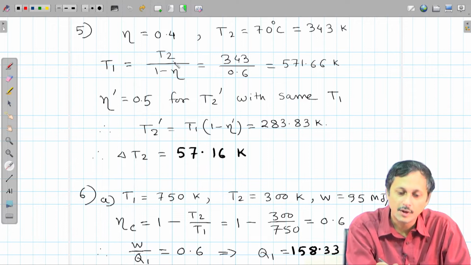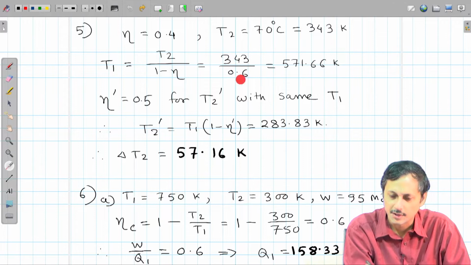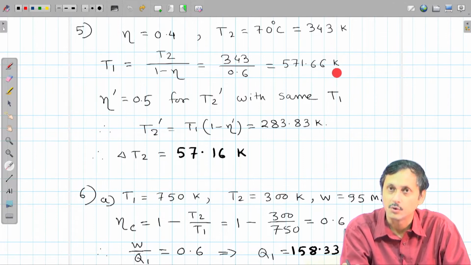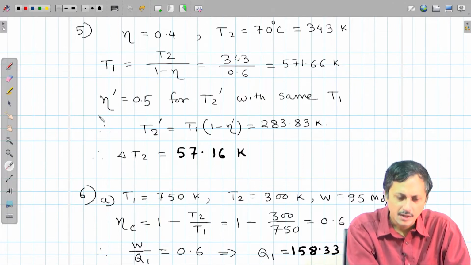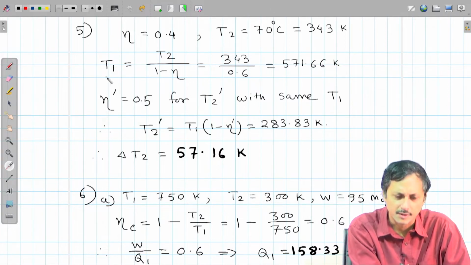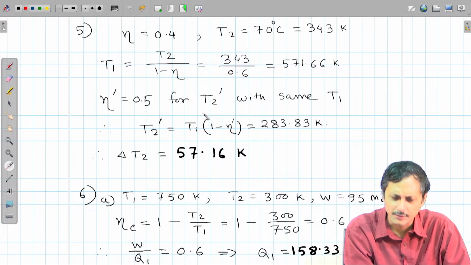So, T1 will be equal to T2 divided by 1 minus eta, which is 343 divided by 0.6, that is 571.66 Kelvin. That is the initial temperature of the source. Now, when we have eta prime equal to 0.5,